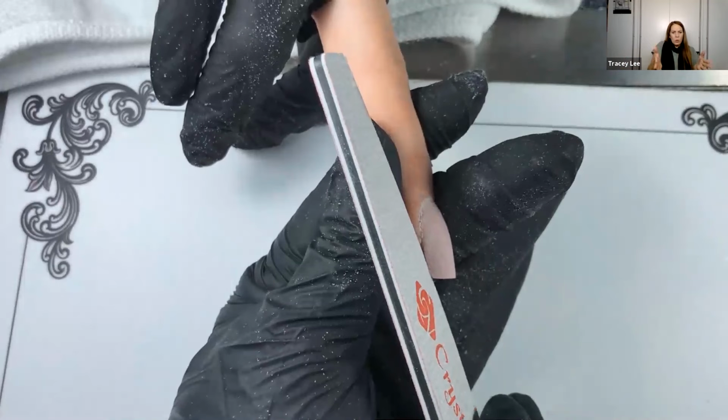We can't just put them all down square and then create almond or Russian almond purely by filing, because that is how we lose the lower arch. So depending on the nail shape will depend on how your form will be placed. This is a recommendation that I would give to everybody if you are experiencing that problem,